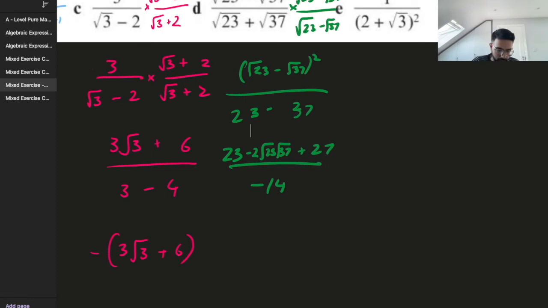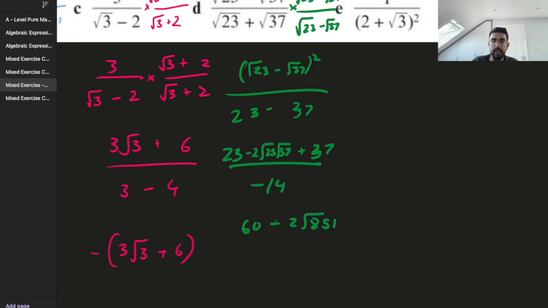So using my calculator over here, I'm going to get 60 because I've got 23 plus 37. What am I doing? It's obviously been a long day. It's going to be plus 37. So it's going to be 60 minus 2 root 851